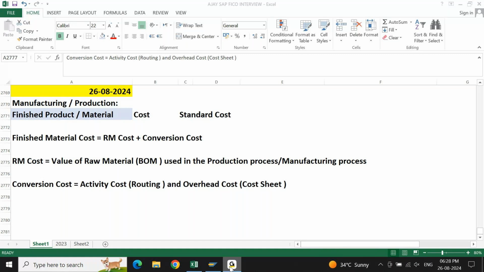Now, each activity will have to be taken into account while calculating the total manufacturing cost or total production cost. When it comes to overhead,